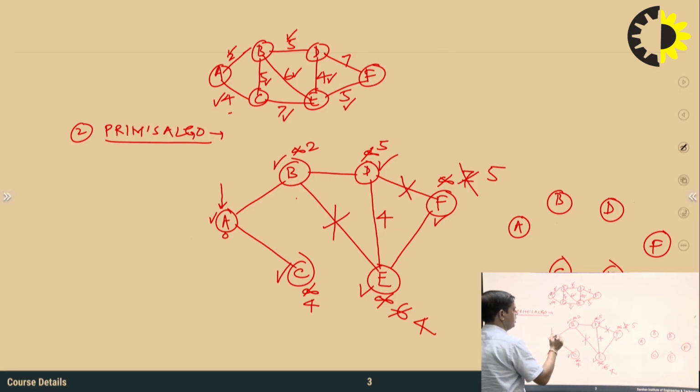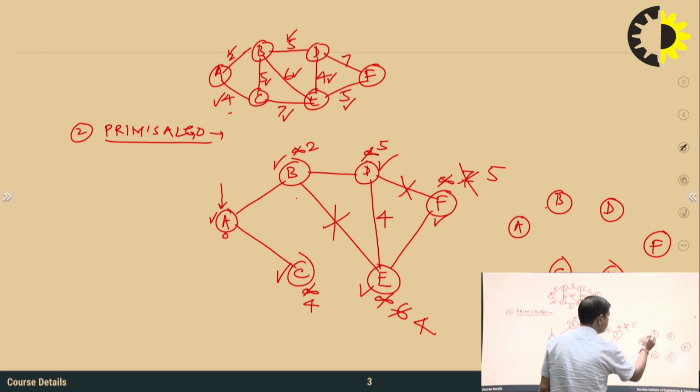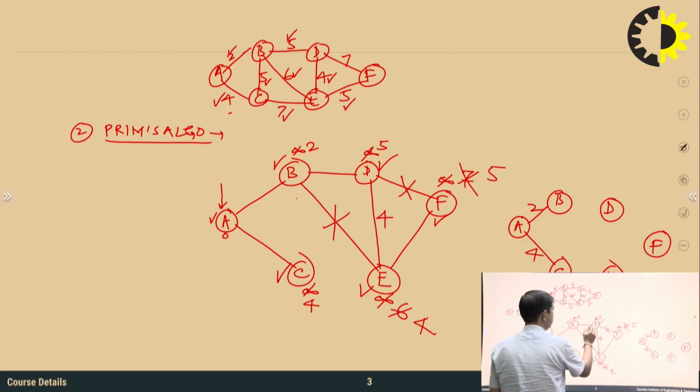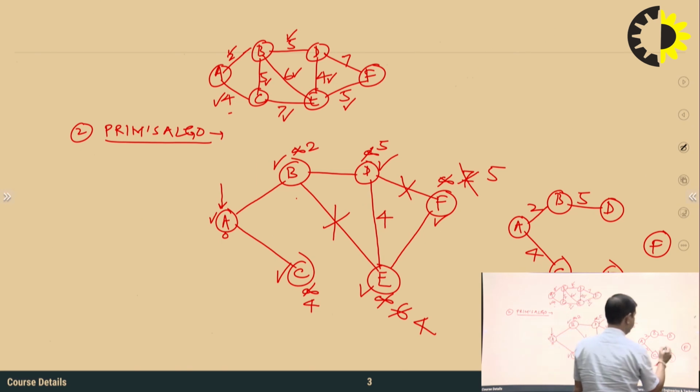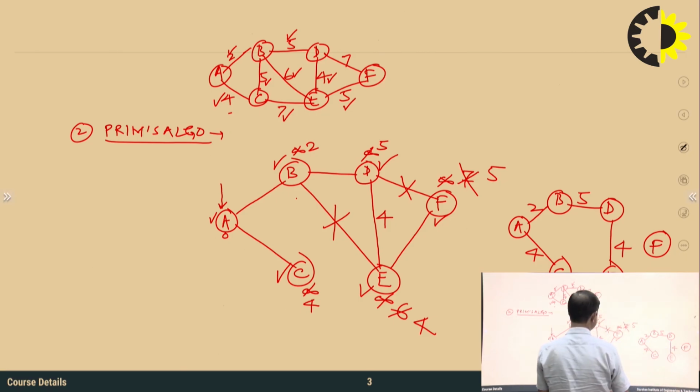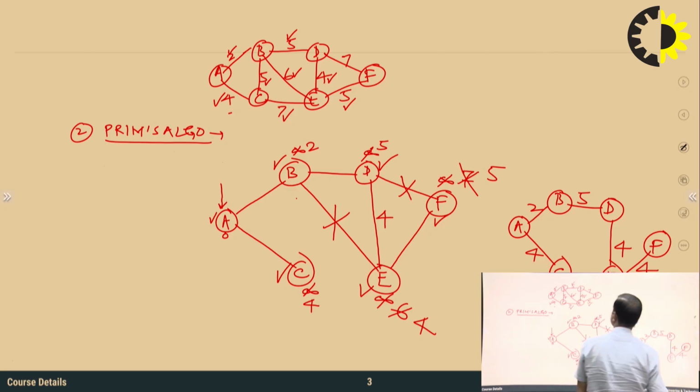तो यहां पे हम स्पैनिंग ट्री बनाने के लिए ए को बी से कनेक्ट कर रहे हैं, ठीक है, ए को सी से कनेक्ट कर रहे हैं, इसकी कॉस्ट कितनी है, 2, इसकी कॉस्ट है 4, in the same way I am using this as, that is B to D, the given cost is 5, I am using D to E, D to E is 4, and I am using this one, that is E to F, the given cost is, sorry, that is 5, my mistake, not 4, that is 5,